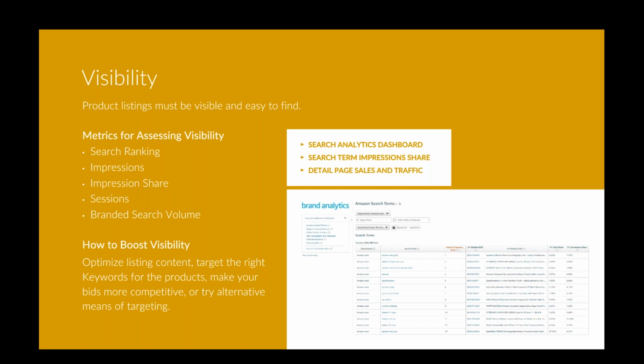Making our bids more competitive. Sometimes it's just a matter of getting outbid on a super relevant search term. So continuing to play around and experiment with where that sweet spot is with your bids, where you're balancing out your return versus your high value impressions, or trying another means of targeting. If keyword targeting is not working out, taking a look at targeting ASINs, targeting shoppers by category, can be effective at trying to garner more high value impressions than what we're currently receiving. Awesome, that all makes sense.